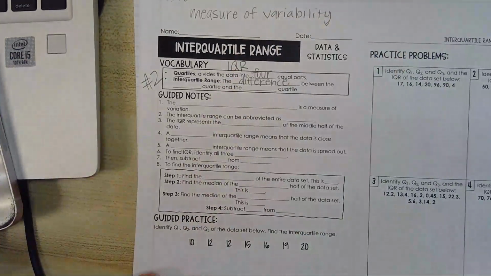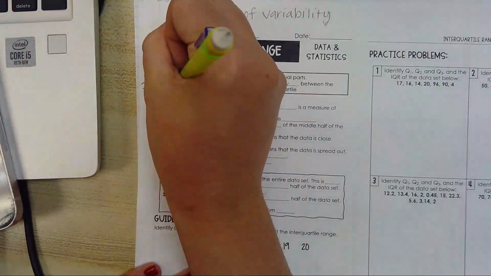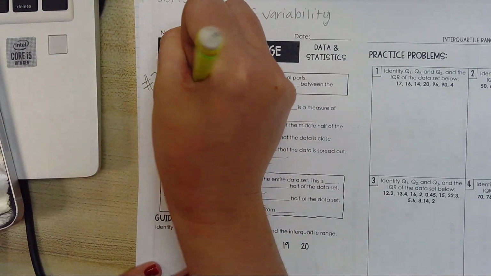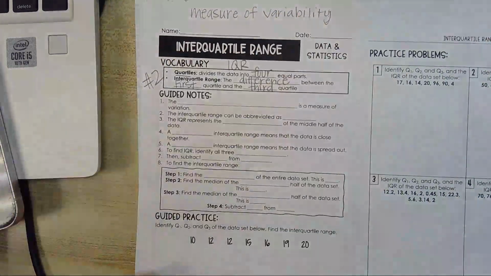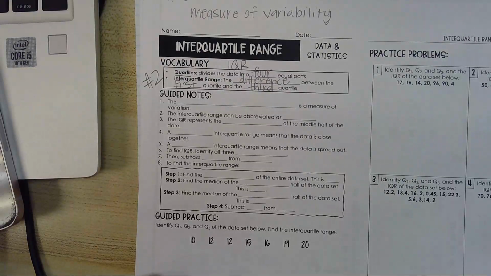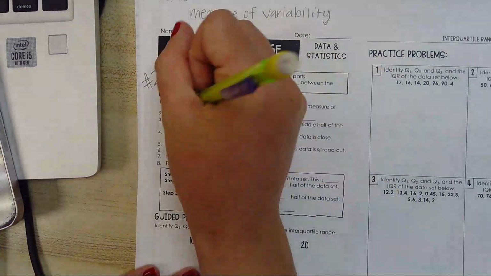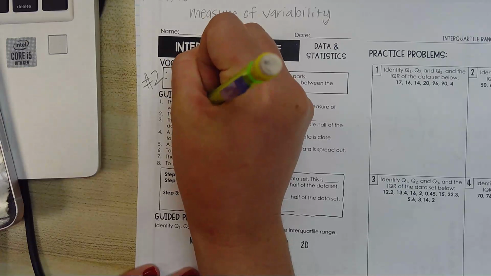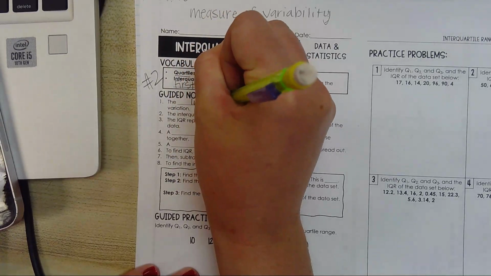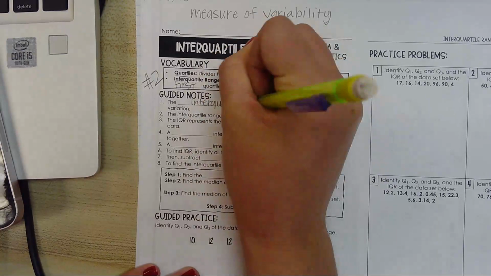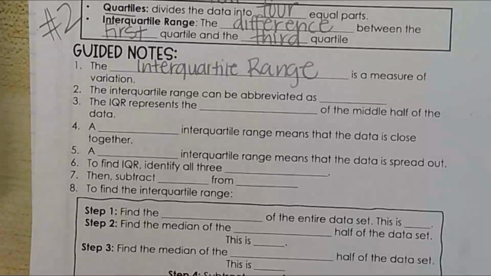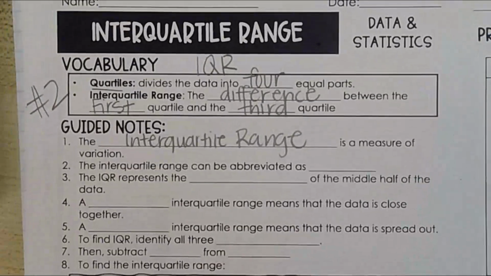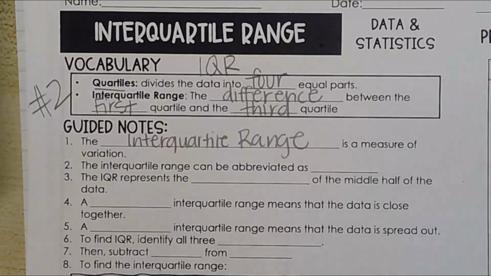So it is the difference between the first quartile and the third quartile. The interquartile range